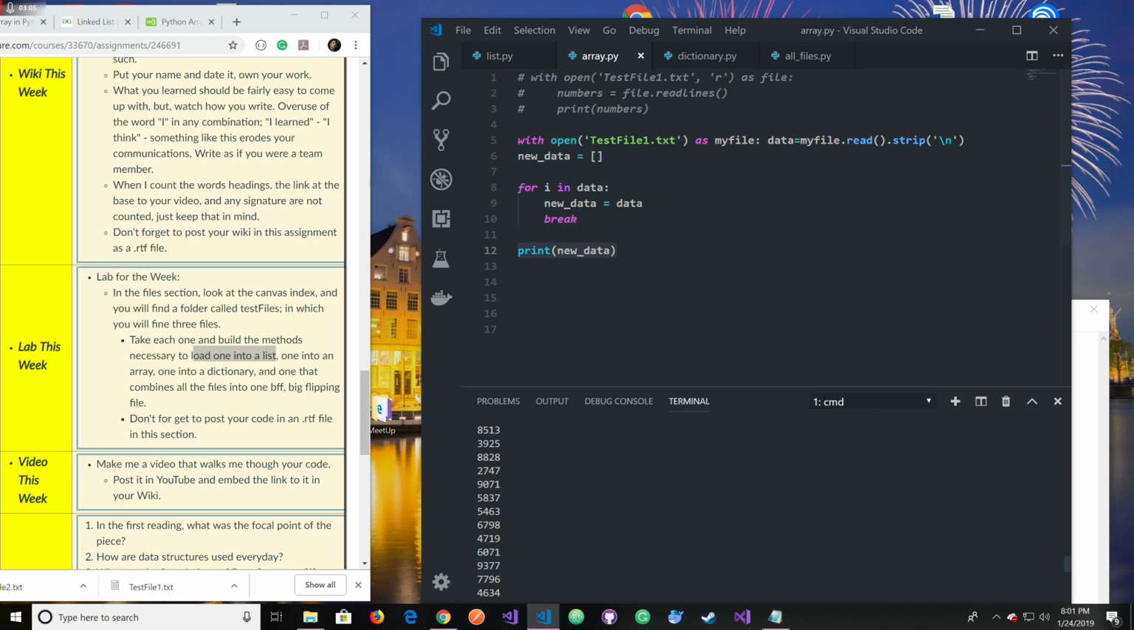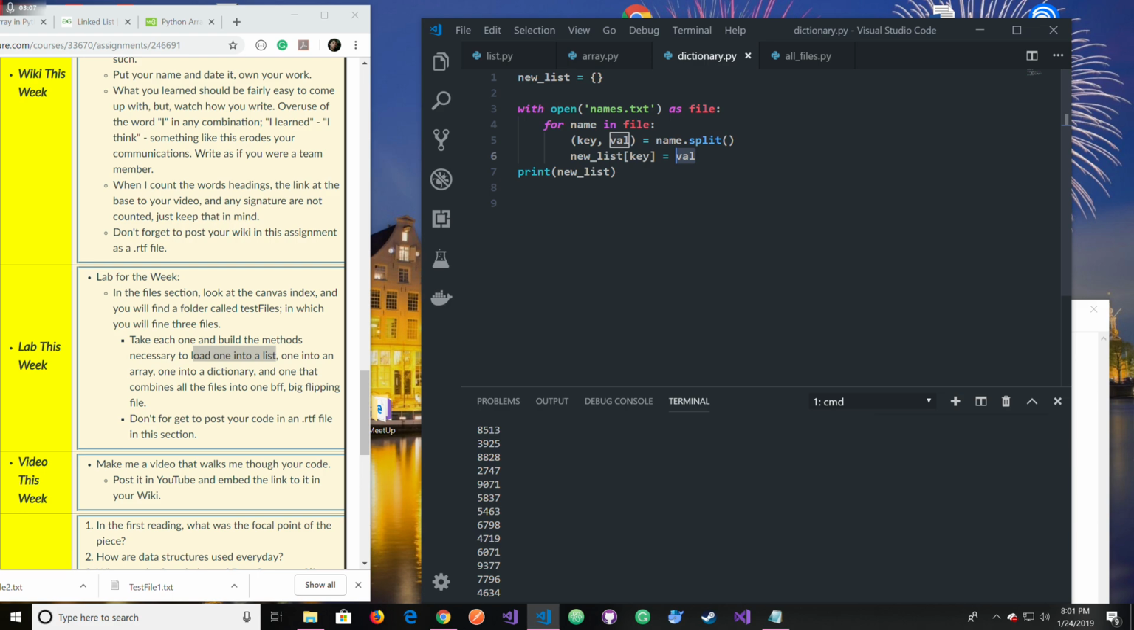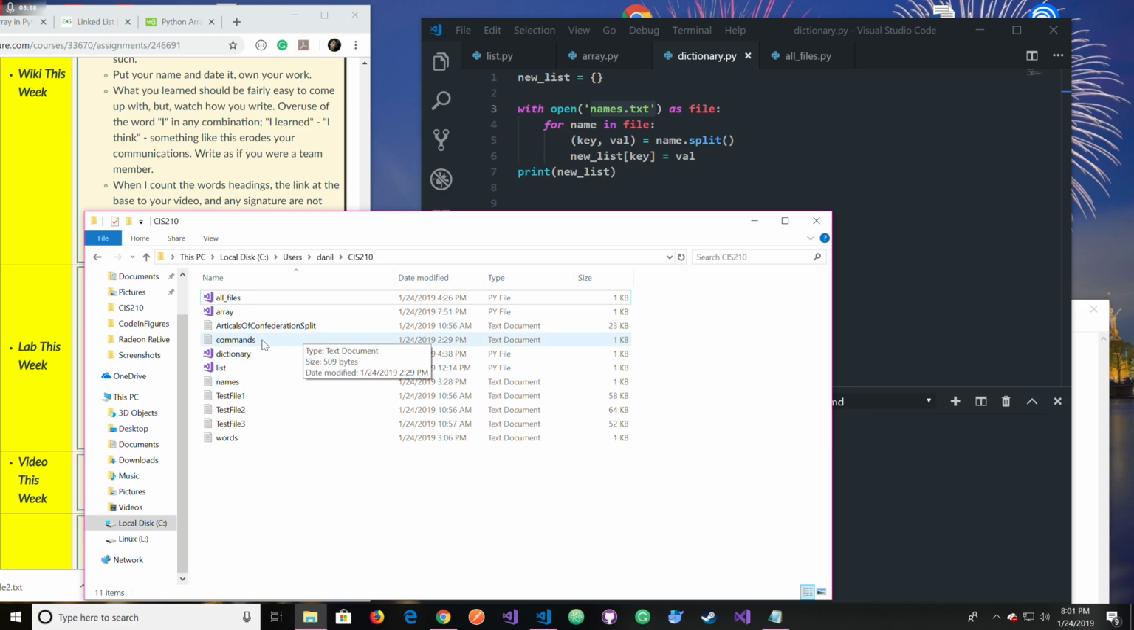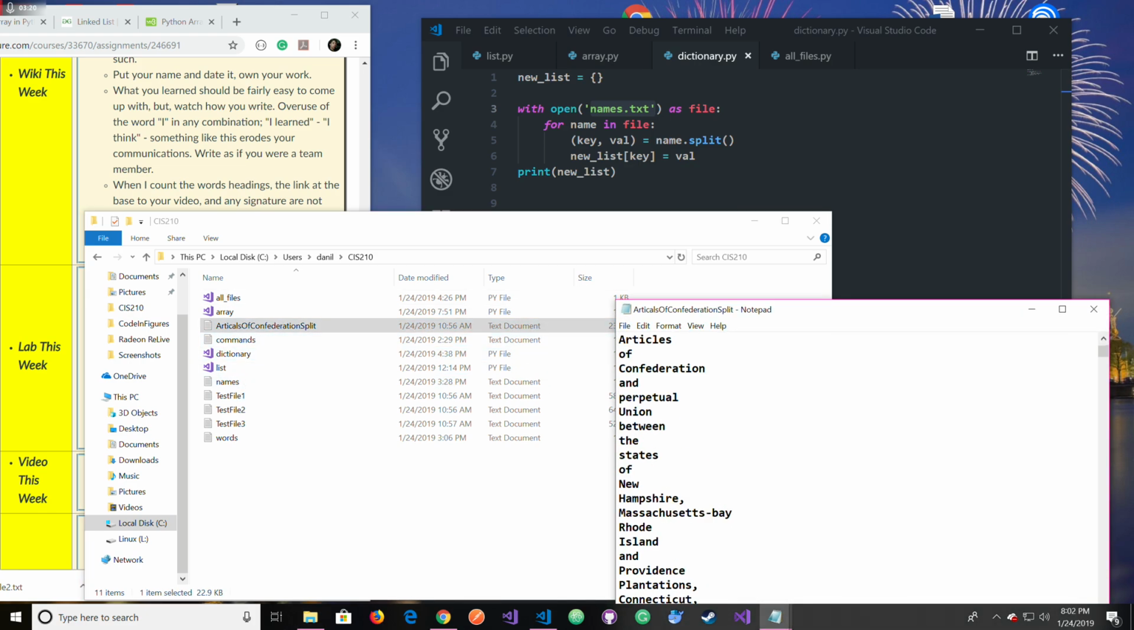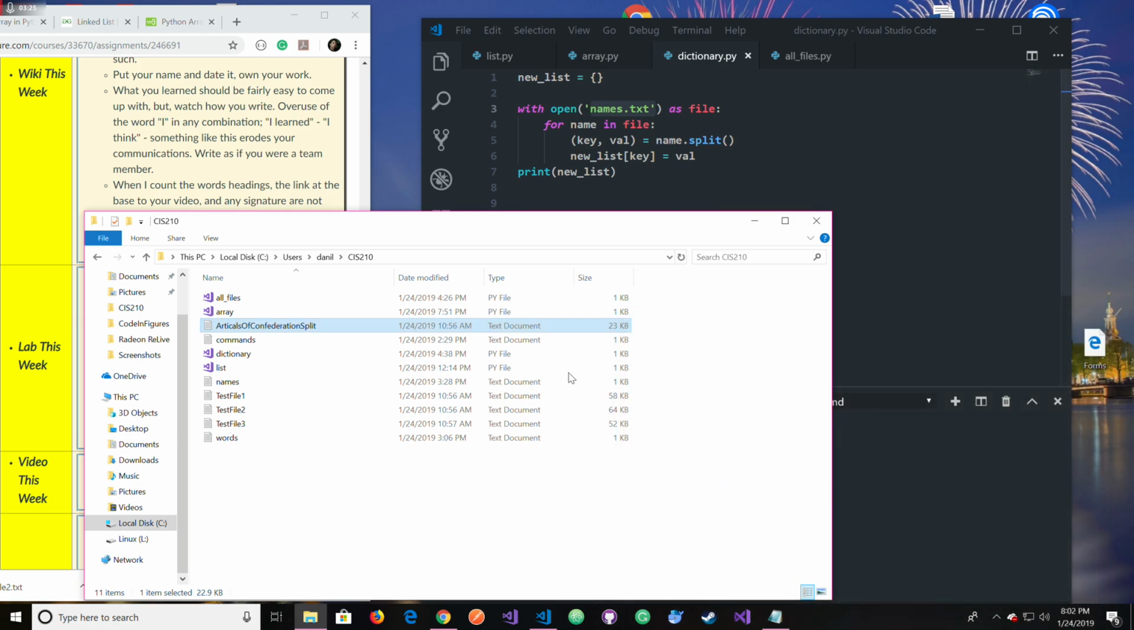There we have it. So the dictionaries, I create a new empty dictionary called new list, and then I loop through this file called names.txt, because I could not get it to work with this file to print a key value pair. So I created